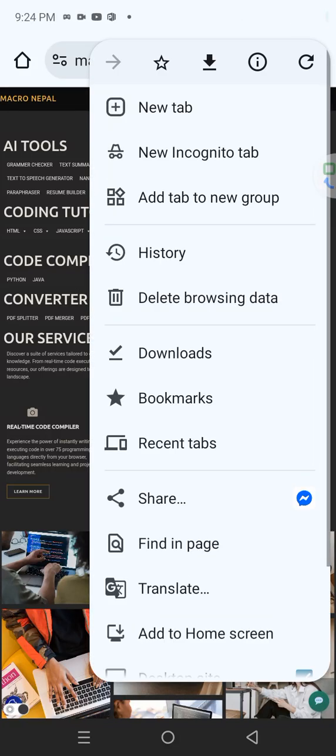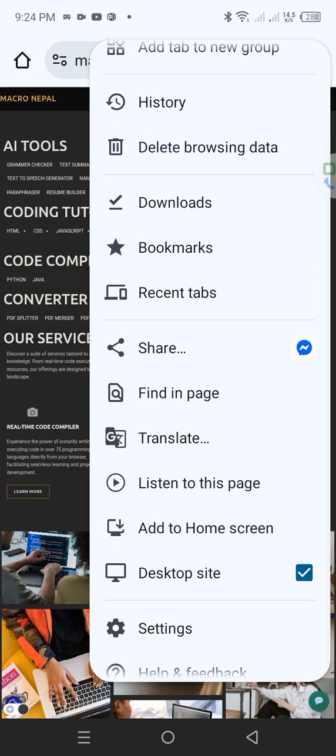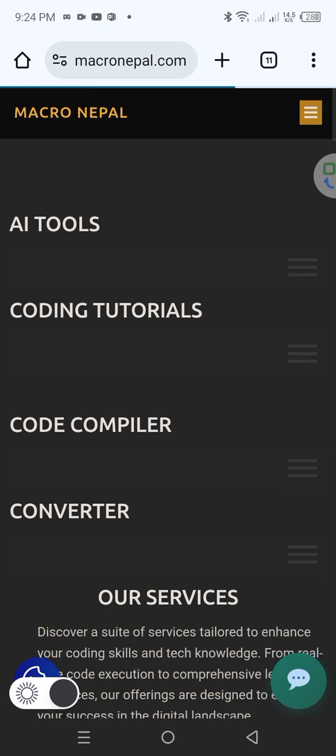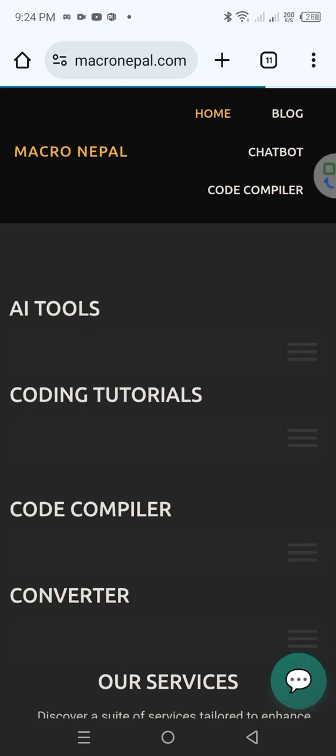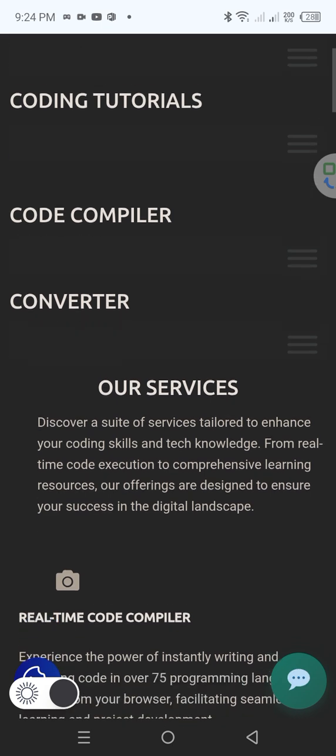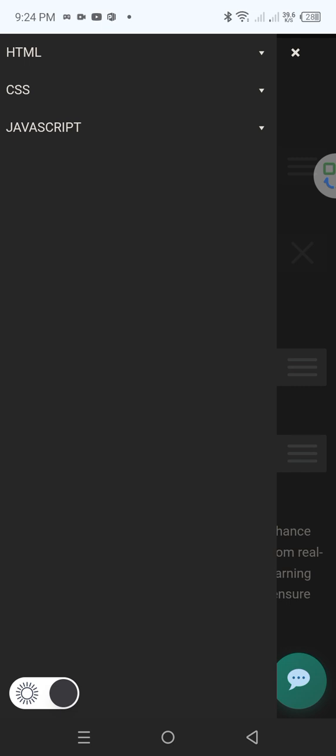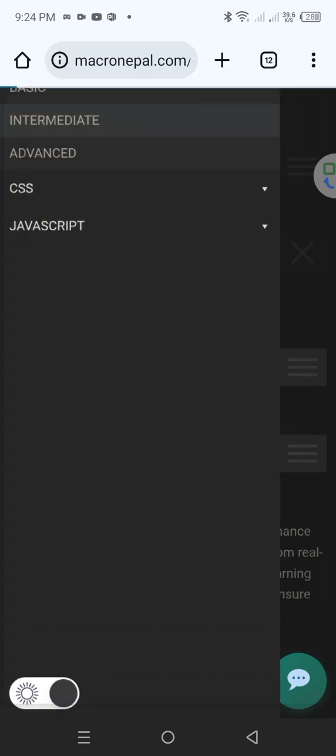Now, today we are on a medium level HTML tutorial, and we are going to discuss a coding tutorial about HTML. This episode will be just around 10 intermediate topics.